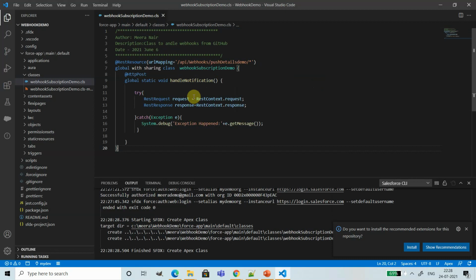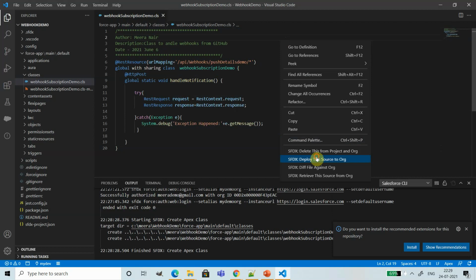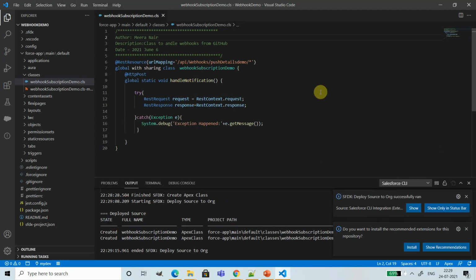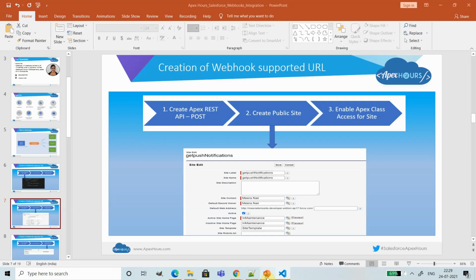And inside this, we are just fetching the request details. I'm not doing any operations. The processing of request we can add later. Now, since the class is created, let us push this to our org. So you can see the Apex class got deployed to my dev edition.